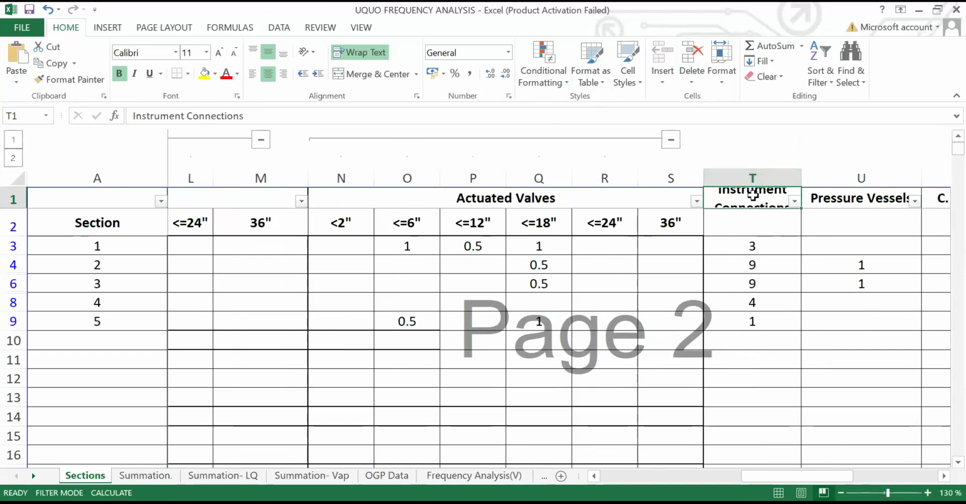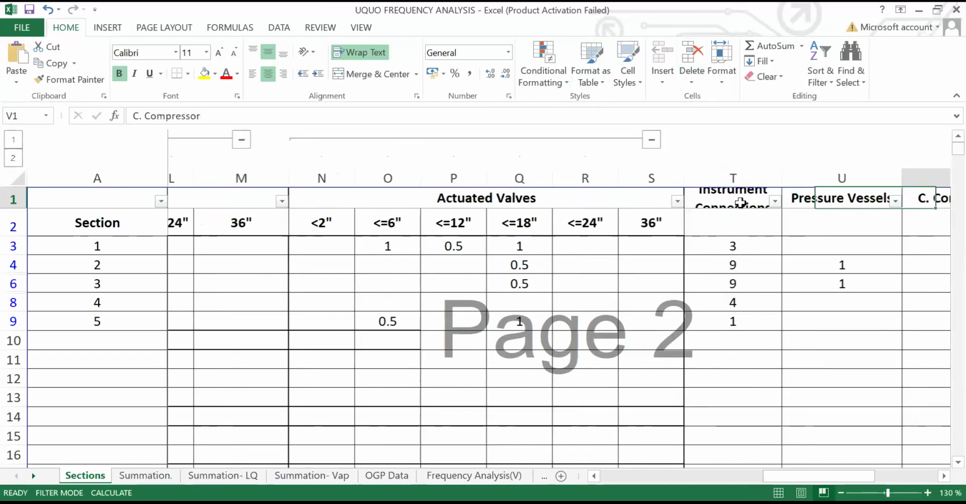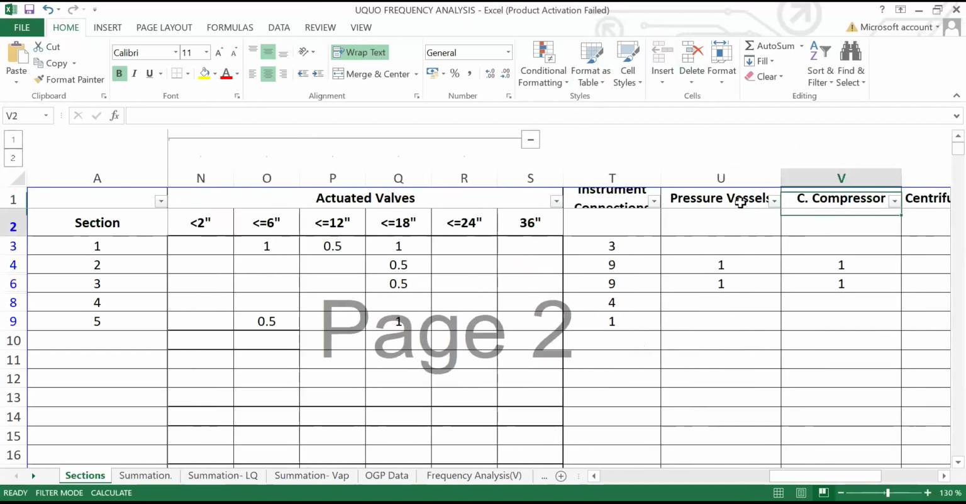And if you have any instrument connections, you can capture them under this. That is okay. Then your pressure vessels, you put them in. Any pressure vessels within your system, you count them separately. Then any compressors that you have, that's a centrifugal